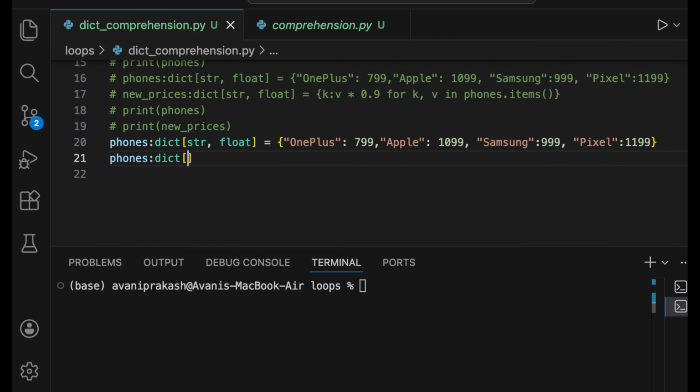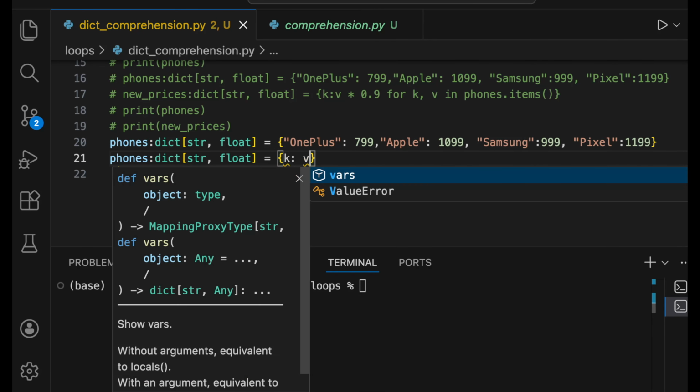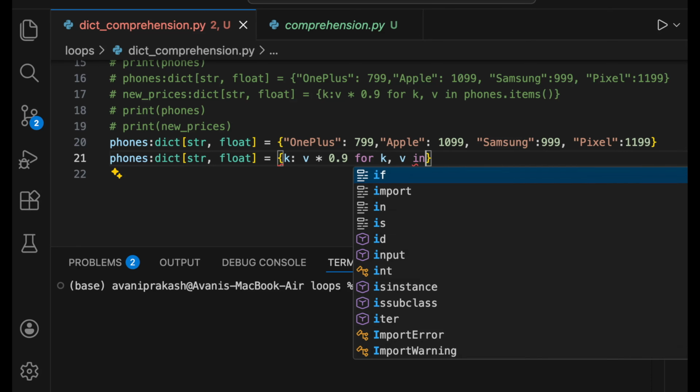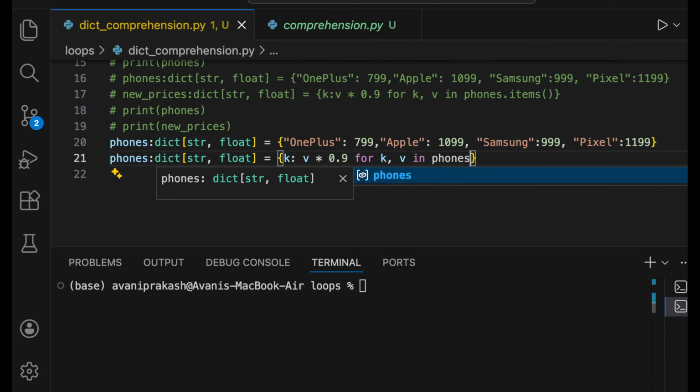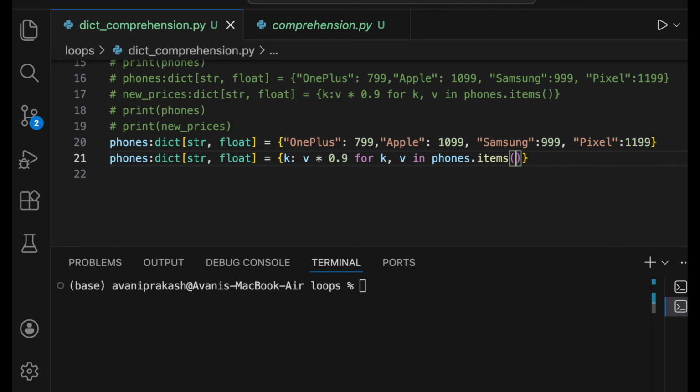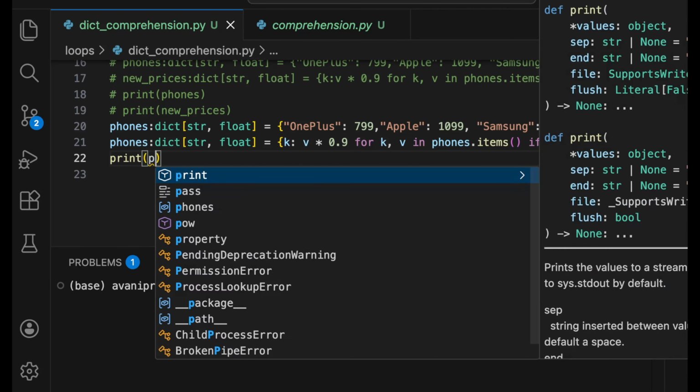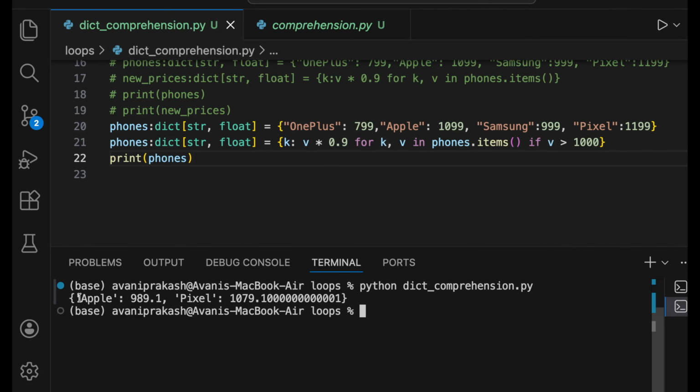So dict, it is type of a str and float, and here I can write inside the curly braces k, v multiplied by 0.9, so that will be 10% discount, for k comma v in phones dot items if the price is more than 1000. So 1000, and let me print phones here, and here you see Apple is at reduced price and Pixel is also at 10%